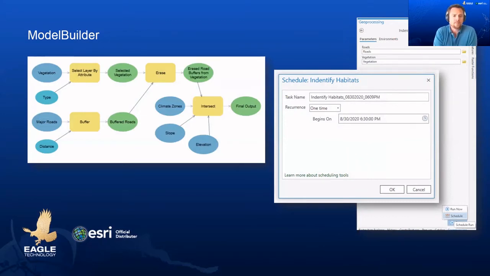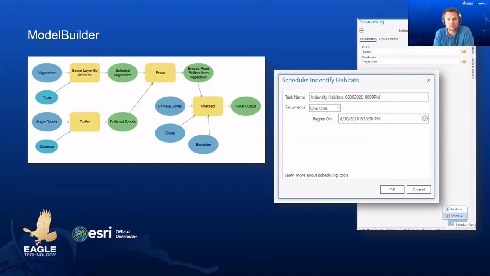So Model Builder, that we saw in David's presentation as well, is a very nice way to quickly automate your models, but also to document your workflow. And it's all done through a graphical user interface. Model Builder has been around for a long time, but still new features are being added. A few of those are, for example, grouping of parts of your model to better visualize complex workflows. You can also quickly add tools to your models by typing the name just from the Model Builder canvas.